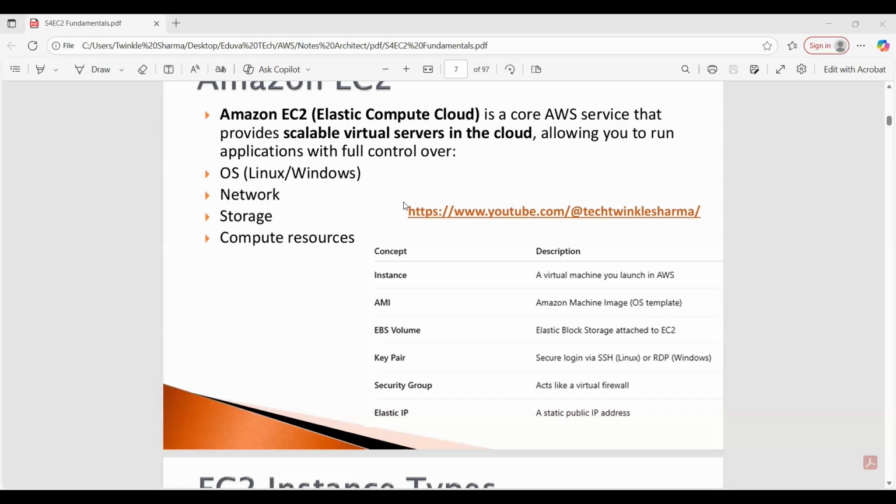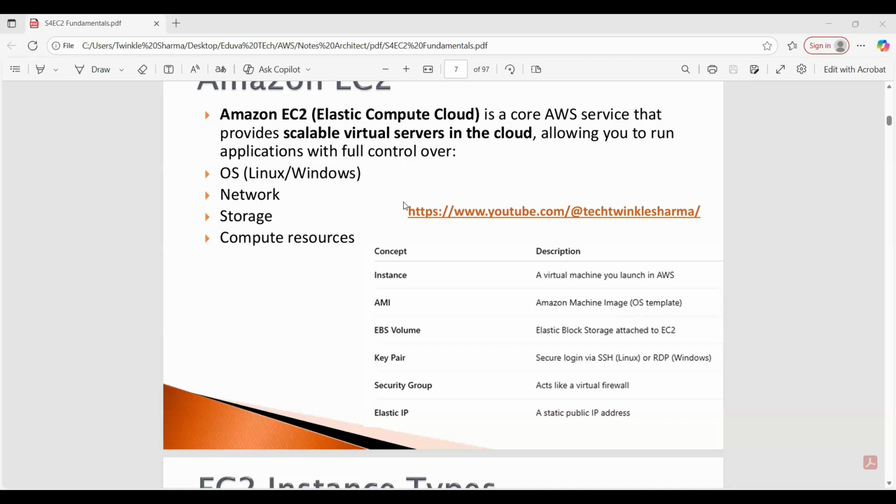It is possible to bootstrap our instance using an EC2 user data script. Bootstrapping means launching commands when a machine starts. That script is only run once, at the instance's first start.